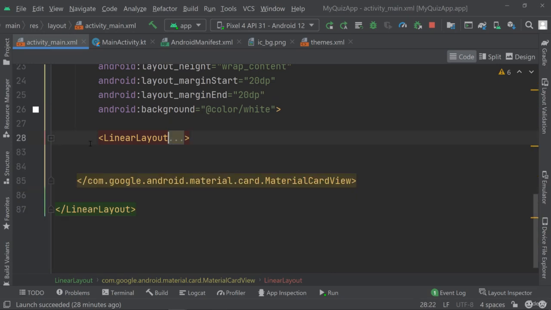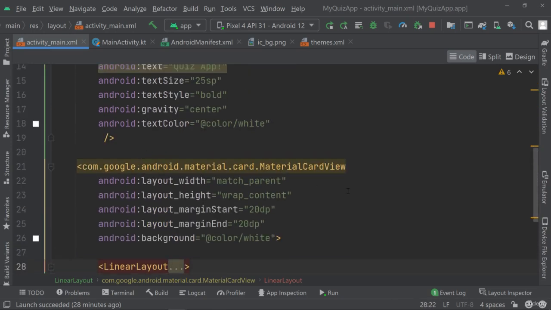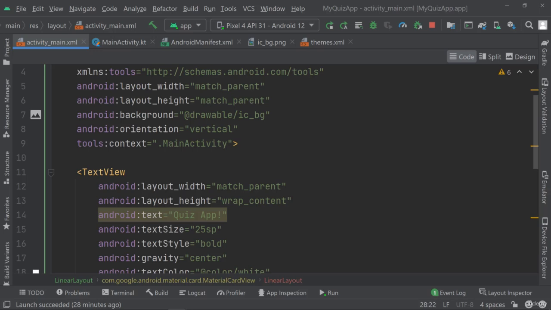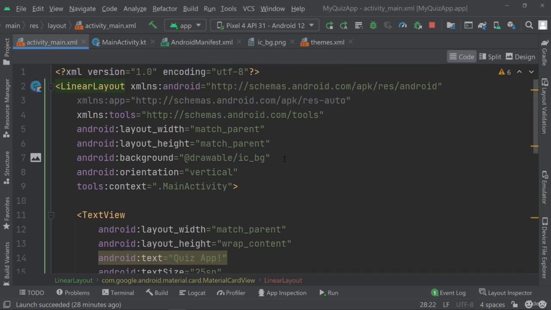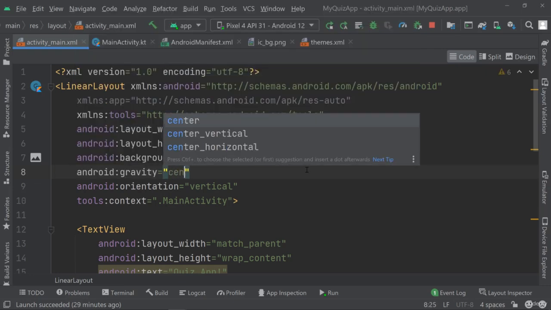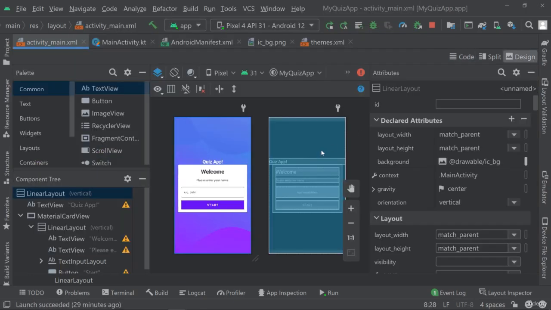Okay, so now that we have all of those buttons, let's make some changes to our card view as well as to the top linear layout, which apparently doesn't want to display everything in the format that we want. That is because we don't have the gravity set up yet. So I want the gravity to be set to center, which will now make sure that everything is gravitating towards the center, which means that quiz app is now here quite close to our